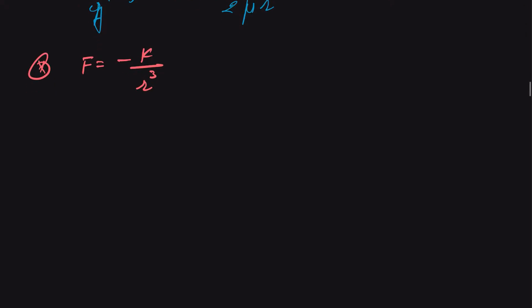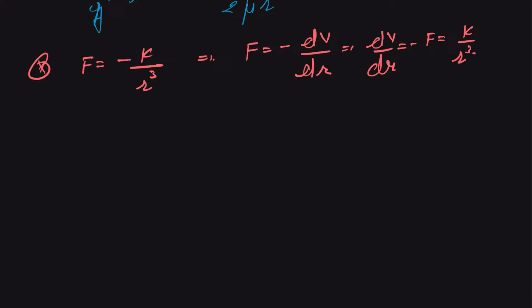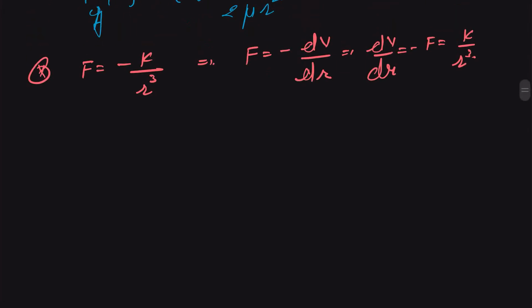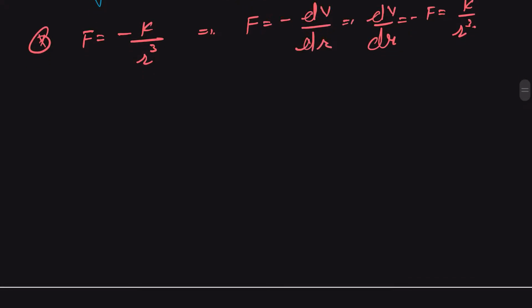From here we can use this force to find the energy at a distance r, which is a simple derivative. A force will be equal to minus dV upon dr. So we get dV upon dr is equal to minus F, which gives us k upon r cube. And if we integrate both sides, we get